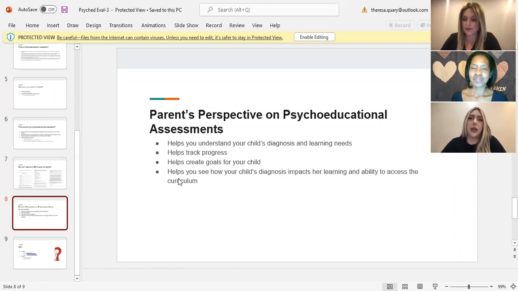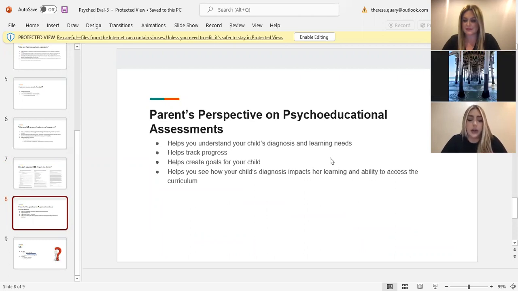Right. So Essie was diagnosed at, I want to say she was 4.5 when we first got her diagnosed and assessed. And up until now, she's only had IEPs. I didn't even think it was a possibility to get her reassessed, to get her reevaluated. And so about a year ago, in December, we went to Dr. Aggie and we had Essie reassessed and reevaluated. When I say I really didn't think this was a possibility, I didn't think that there would be much of a difference in getting her reevaluated.